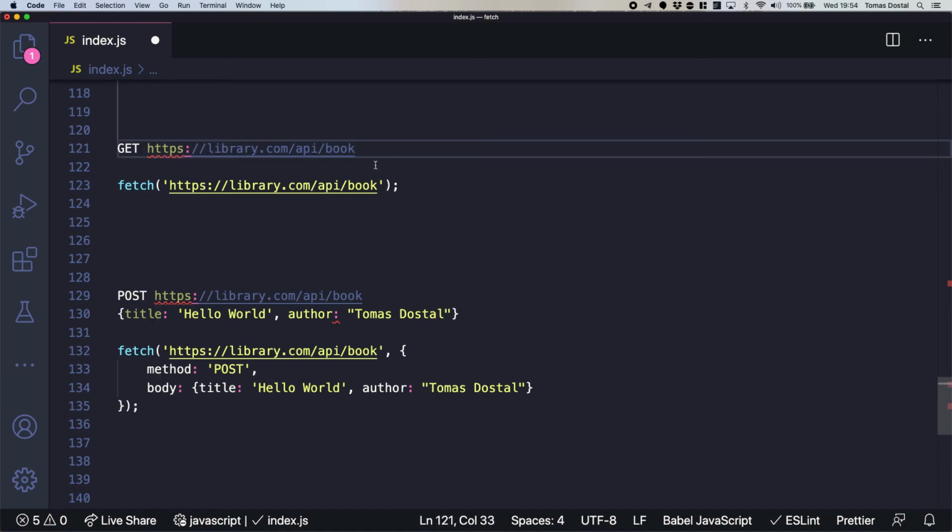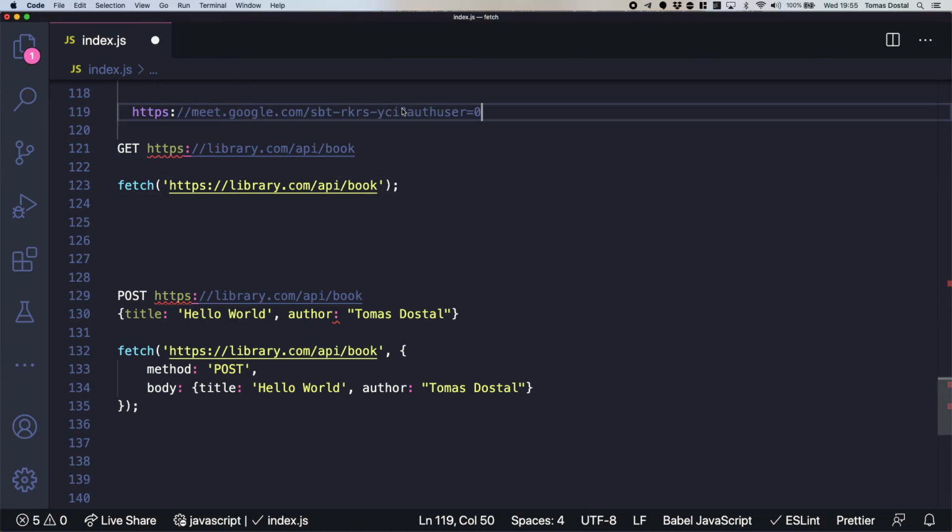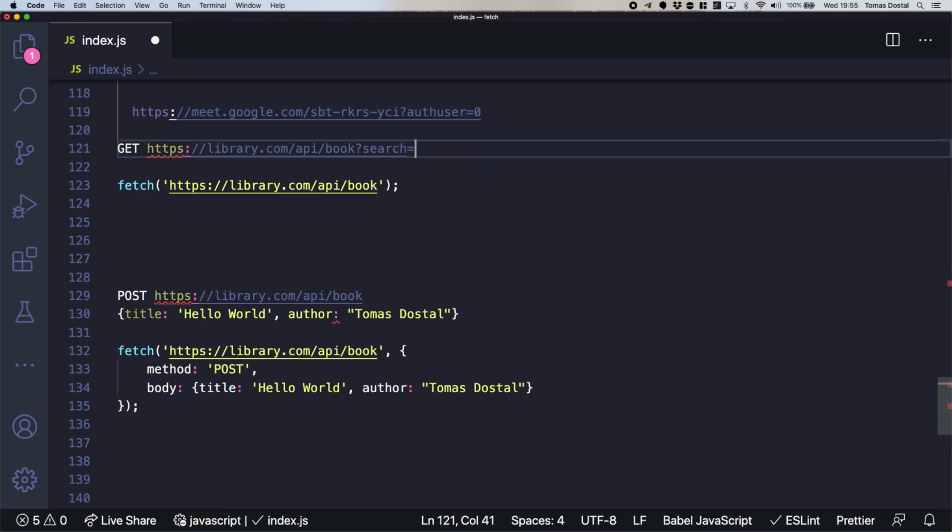It's not a body because you're not actually supplying something to the server, but you can add parameters, and those are called URL parameters. You might see it on all sorts of websites, for example if I just copy our meetup URL right now, you can see the parameter in here. This basically tells the server I'm starting to give you some parameters, and you can say search, Lord of the Rings, something like this.